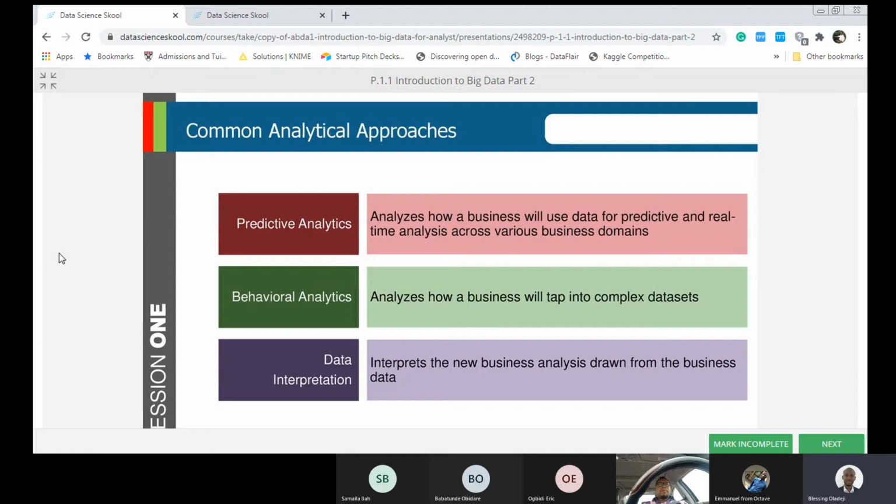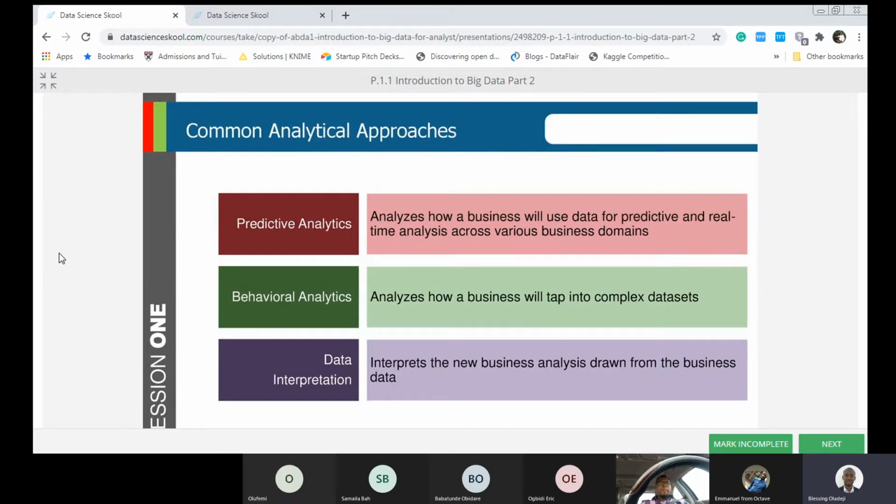And a lot of you have encountered this before. When you go to Jumia or Konga to buy something, Jumia will tell you that people who view this product also view this type of product, or people who purchase this product also purchase this type of product. What they're actually doing is prescriptive analysis. They are prescribing another product to you based on maybe what you have selected, or based on what other people have selected in the past.